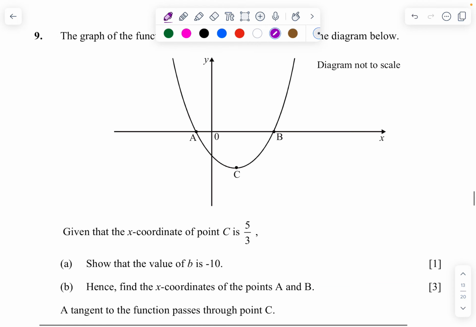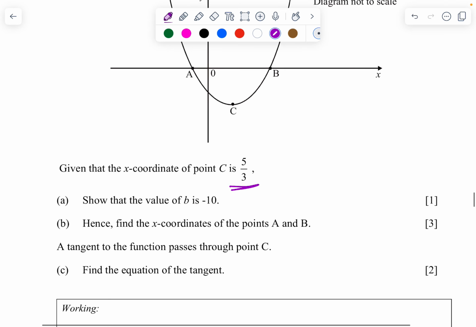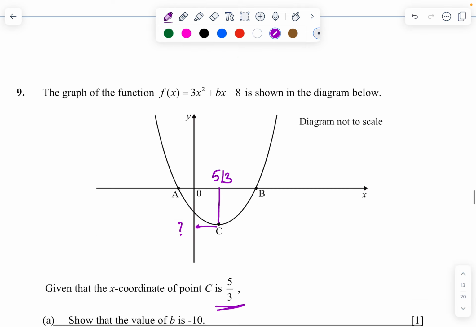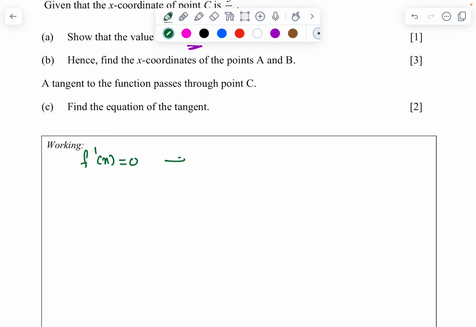Next, question number 9. The x coordinate of C is 5 upon 3. Find the value of b. We don't know the y coordinate, so I cannot use this one directly. Therefore, what am I going to do? I am going to use f prime of x, because at the turning point,